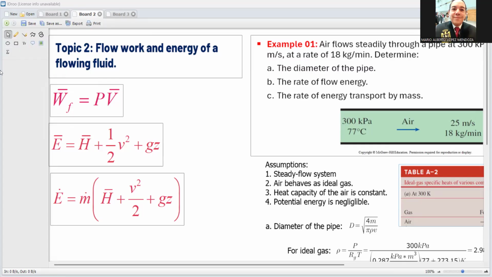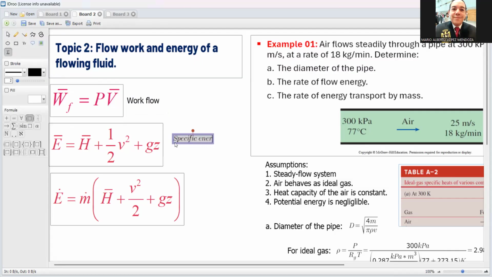Here we have defined three main concepts: flow work, related with the energy that we must supply to a fluid in order to get it in or out of a control volume; the specific energy of a fluid,